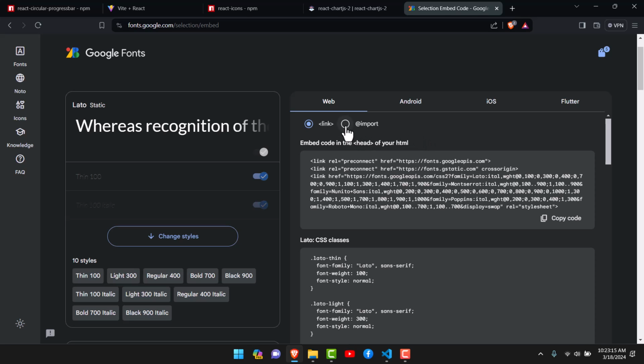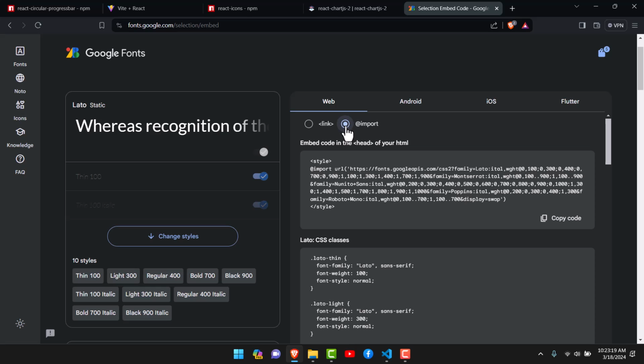So we're going to use the import, so I'm just going to grab that, and I'm going to grab this without the style. I'm going to grab all of this, leaving out the style,